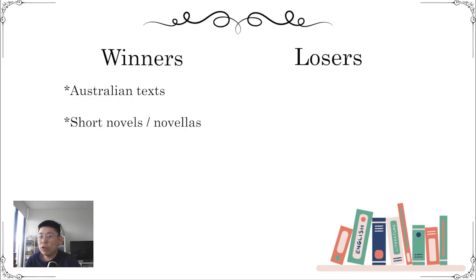Another big winner is short texts. So all the novels that are available in the 2-unit subjects, so advanced and standard and English as an additional language or dialect, are really short. We're talking mostly novellas or novels that are shorter than 80,000 words. So going into a bookstore, it would be towards the shorter 30 to 40% of books. There's not a single book outside of extension that's more than 80,000 words, which is an interesting choice.